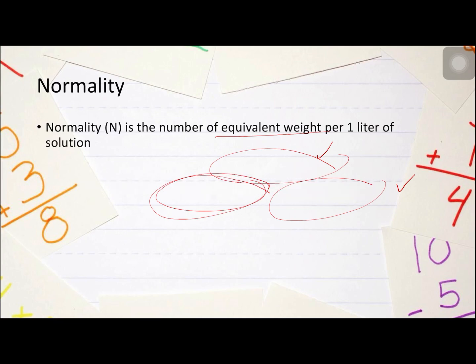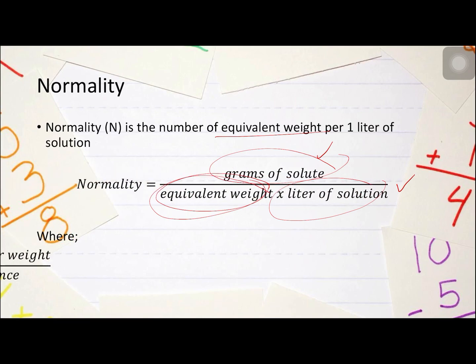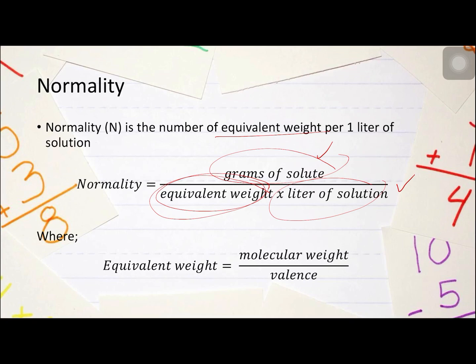Now, to compute for the equivalent weight is actually very simple. Equivalent weight is equal to the molecular weight over valence. We know how to compute for the molecular weight, and now we have to compute for the valence. The valence is very simple. It is simply the number of hydrogen atoms for acids and the number of hydroxyl ions